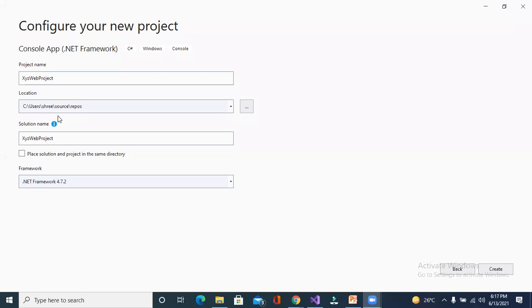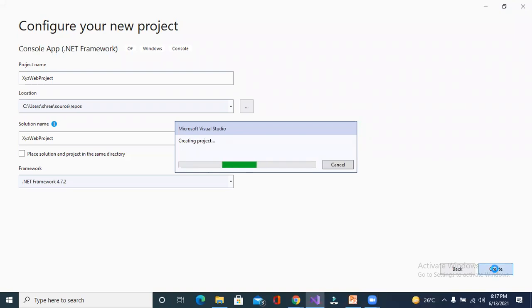Right. After that, you have to click on the create button. My main motive is to teach you in very layman language so that you can understand each and everything. What is solution, what is project, what is location, everything you should know. It will take time. If your machine is new and you have a good configuration, it will create very soon. If your machine is old and you don't have a good configuration, it will take time. In my case, I have an i5 processor. It is taking time.